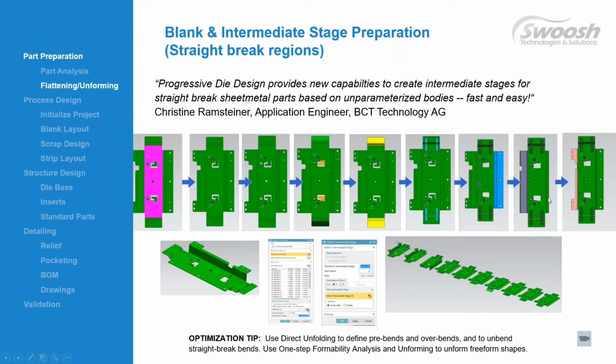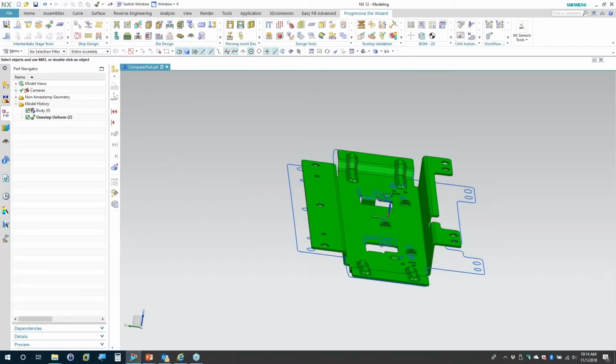And the good thing about all of this is that it's completely associative. So as we make some changes or introduce operations at different stages, those operations will propagate to all of the following, all the subsequent stages, so that each change is done just once, and then it automatically gets carried through to the remaining steps in the process. So I can also show you how that's done. So let me switch to